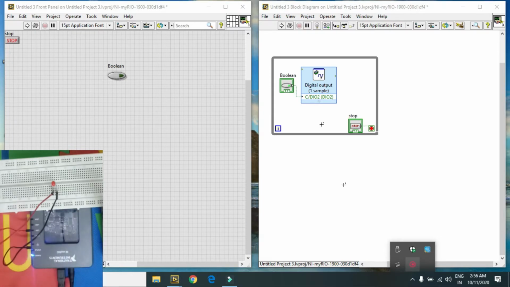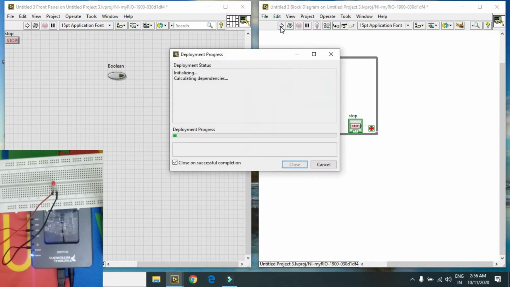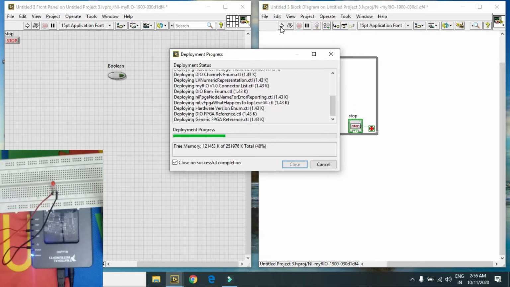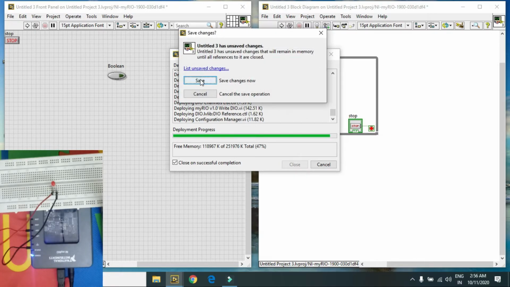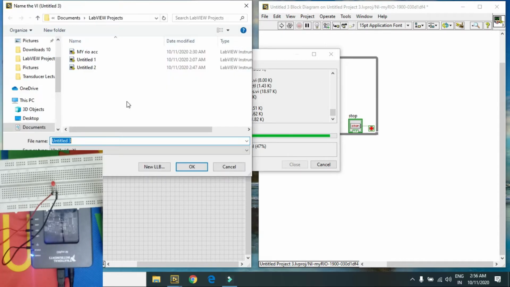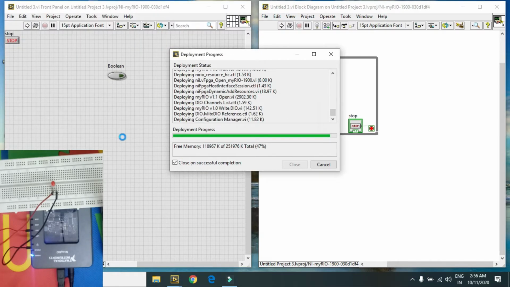So when I hit the run button from my LabVIEW, it will deploy my program to NI MyRIO, and when it is completed successfully, when I hit on the boolean, it takes some time.